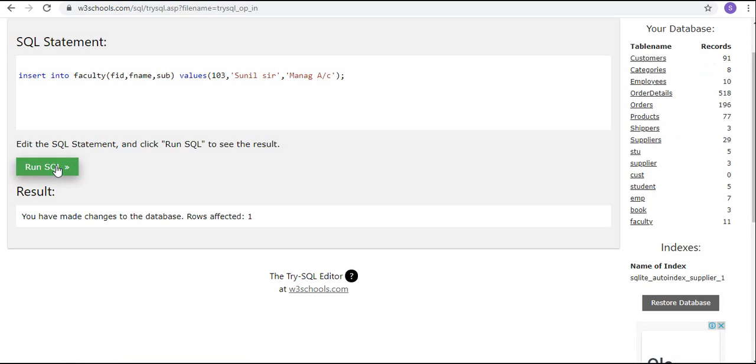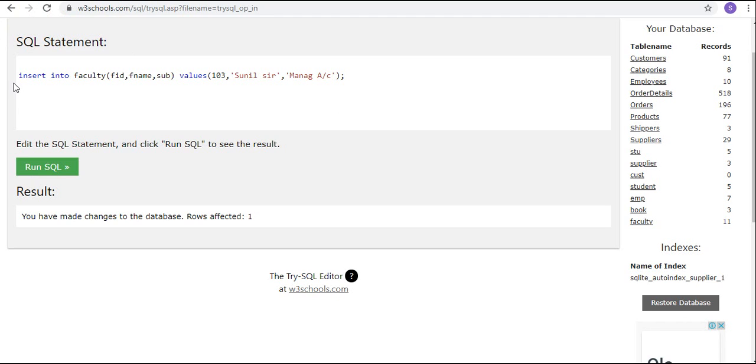Okay, so there are two syntaxes. Insert into table name values will be one syntax, and insert into table name with column names and values will be another syntax. So what is the difference between these two syntaxes? Using syntax 1, we have to insert all the values, we can't skip any field. But by using the second syntax, we can insert the values in which we want to insert. So we can skip some fields from insertion. That is possible using second syntax, but it is not possible with syntax 1.